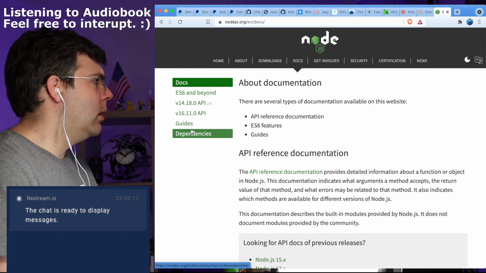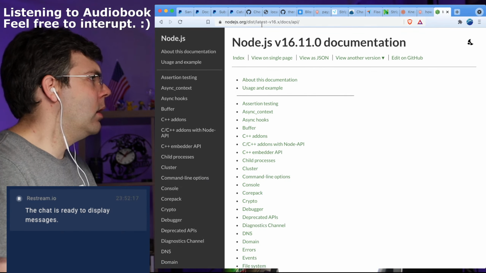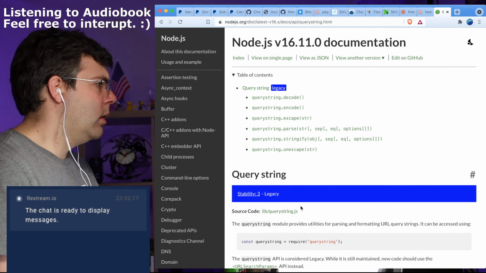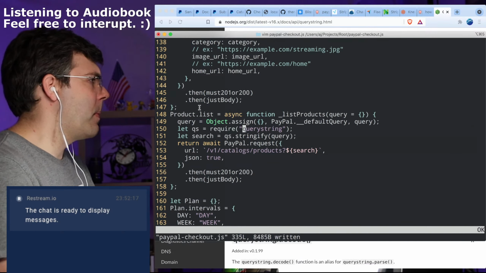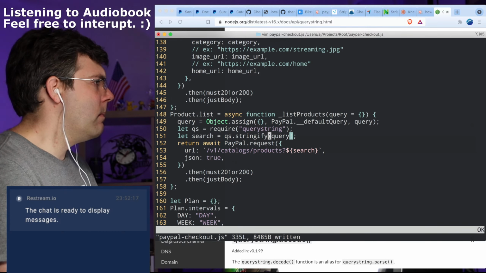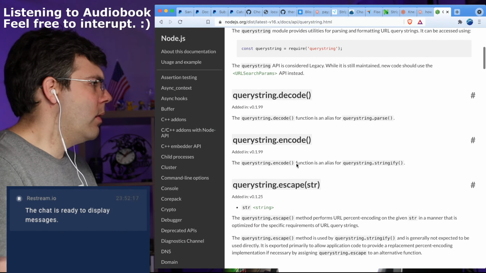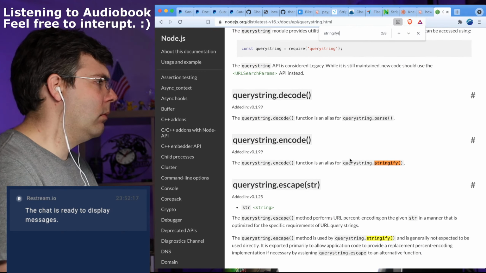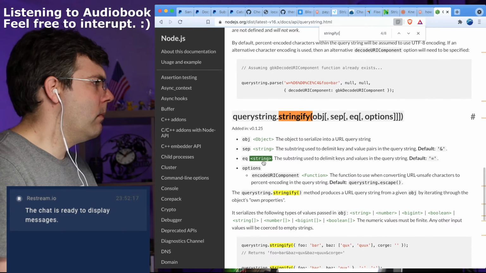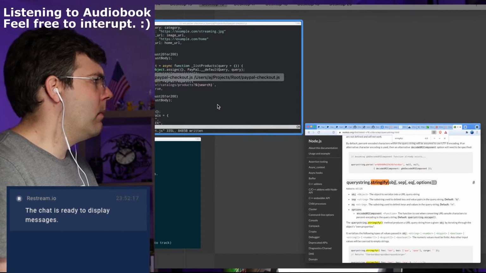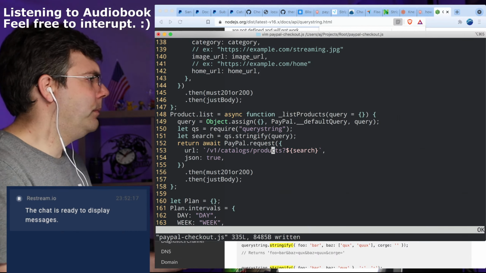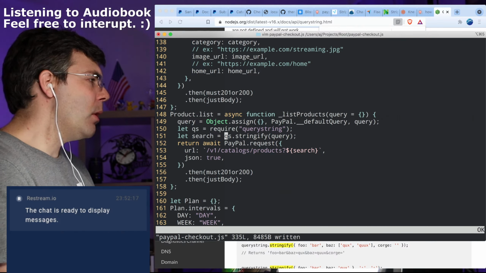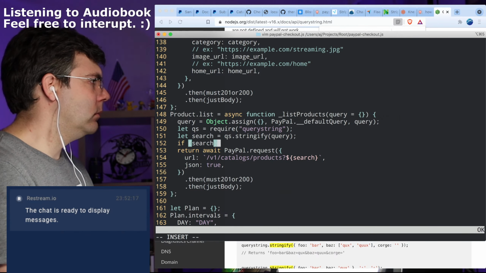Docs. Okay, there it is. Query string. Yep. Oh. Okay. There we go.